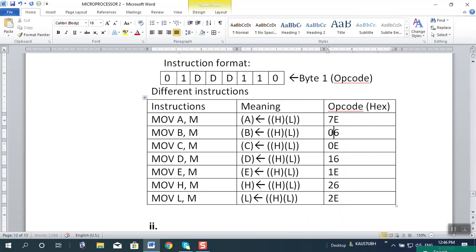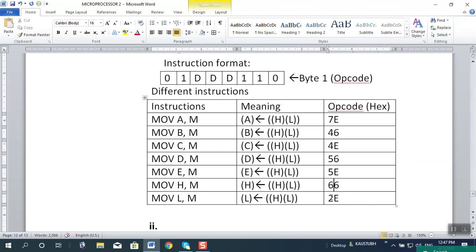Okay, similarly it will be 46, then for C it is 4E, then 56, because D is 0 1 0, so 56, then 5E,